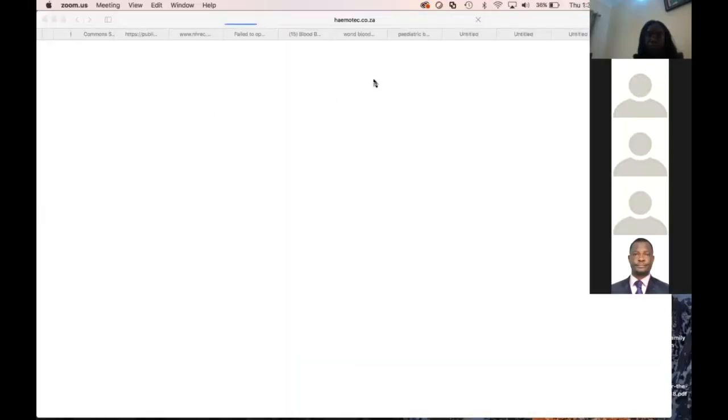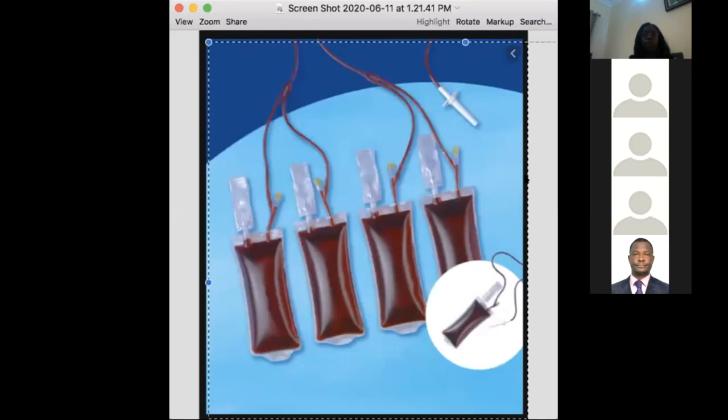Unfortunately, these bags are not readily available in the country, but I think the onus is on us, maybe through the Nigerian Society of Hematology and Blood Transfusion, to make sure that we have some of these bags available or encourage suppliers to bring them in, because I totally agree that it's unfair to have a whole unit of blood, and we all know how valuable and how scarce a resource blood is, and waste it away. So these pediatric blood bags would actually help. Yes, so these are just small, very lovely looking aliquots.